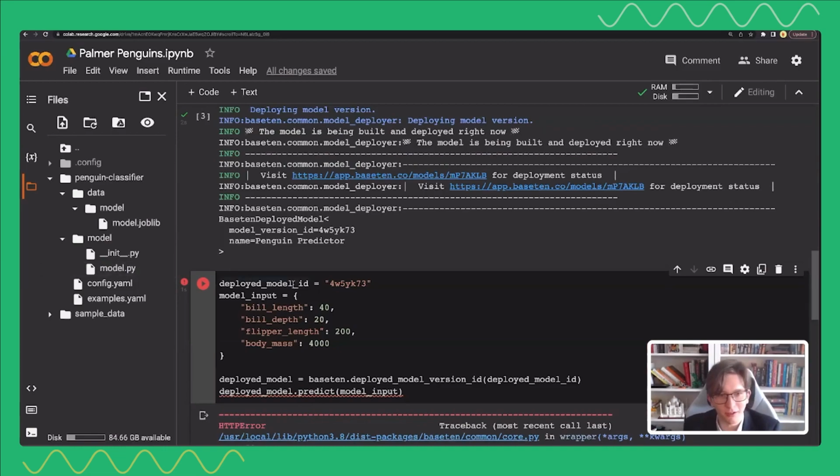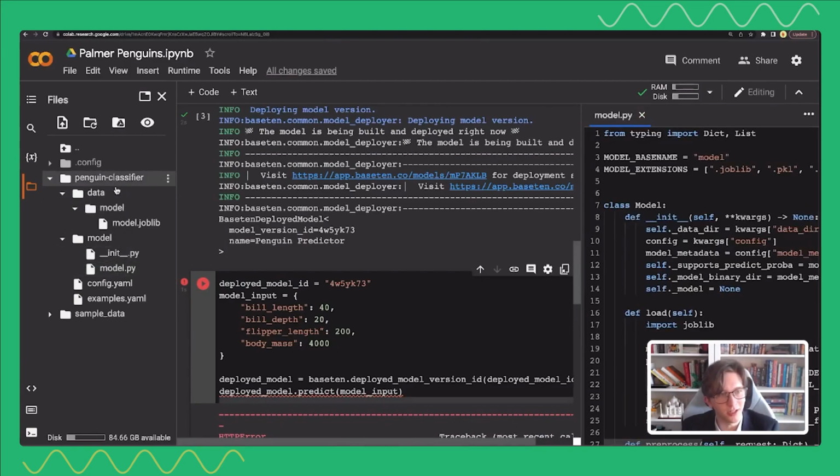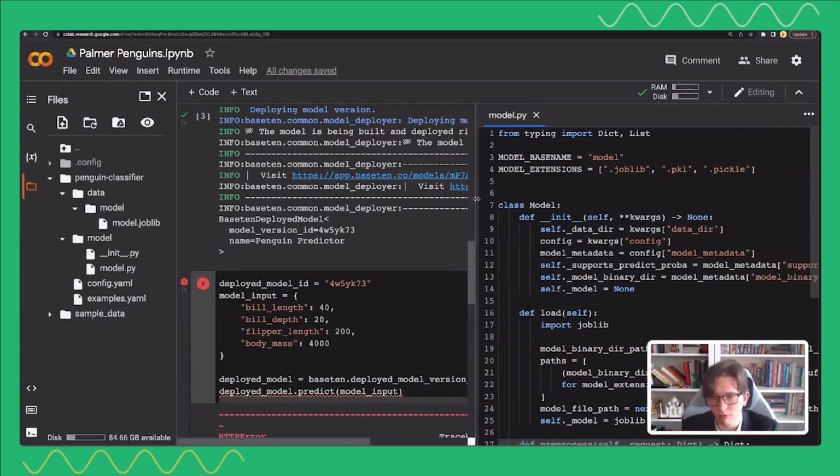So this is where my live reload workflow is really going to come in handy, because what I'm about to show you, I could do and then ship into production again, but then I'd have to sit around and we'd have to make another cut in this video to wait for the model to deploy again. But instead, we can do everything live. So I'm going to open up model.py, which is in the truss that we made earlier. It's the entire packaging of our model. And I'm going to look through it